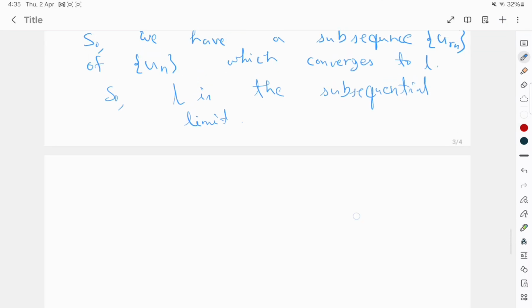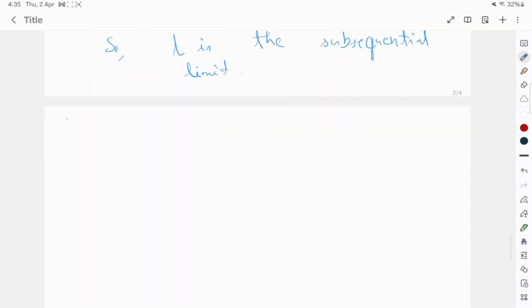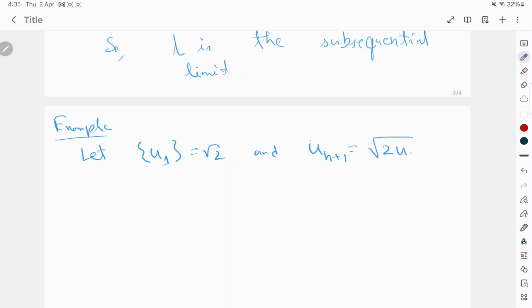Okay, so after that we'll consider some problems. For example, your first problem: let u1 equal √2. This is not related to the previous theorem; this is a problem from sequences overall. Suppose u(n+1) is √(2un). So you have to prove